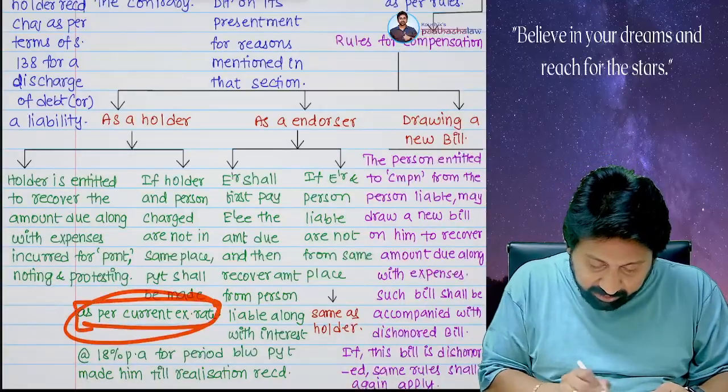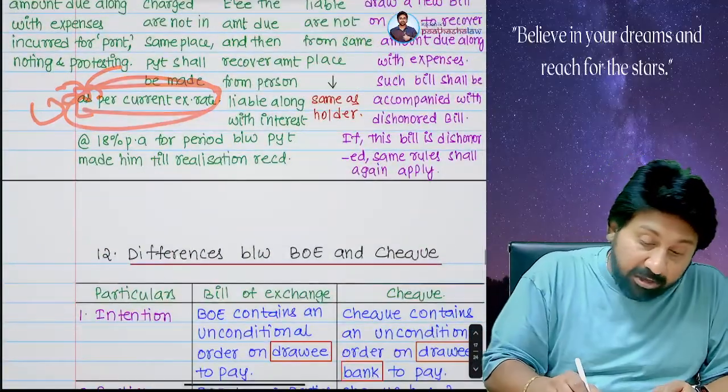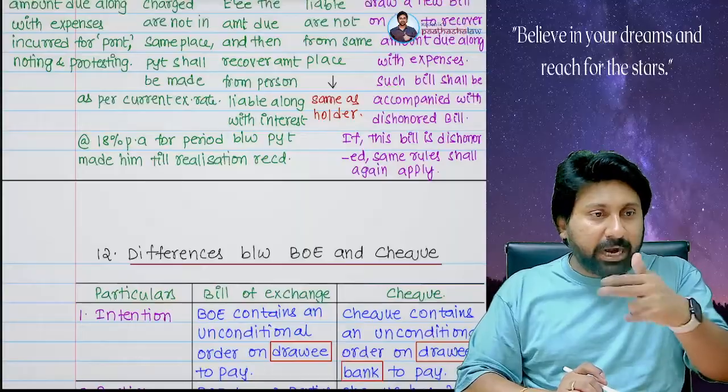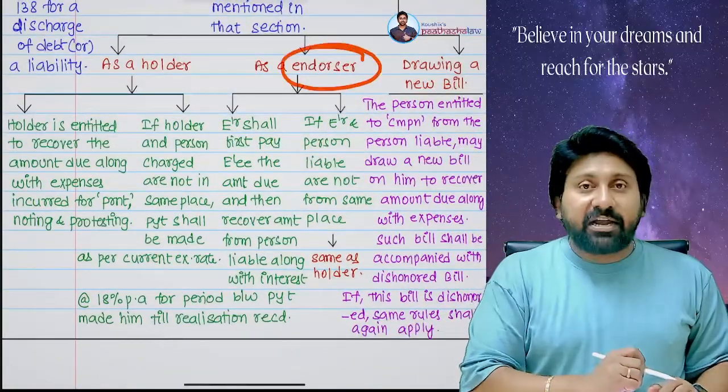This question can come in J25. This question is expected. In this, they can ask on this exchange rate point: the current exchange rate, what is going on between those two countries. At that exchange rate, you have to. Next, as an endorser,